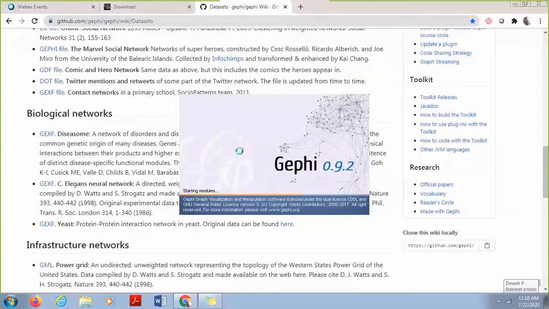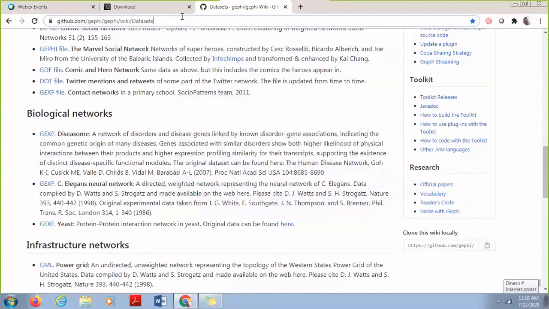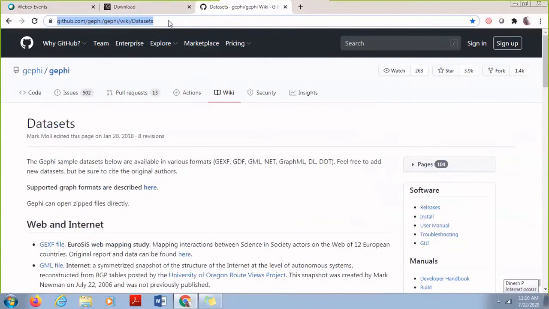Here, when you are using these types of tools. So before we start using Gephi, you can download Gephi. If you browse in Google and you search for